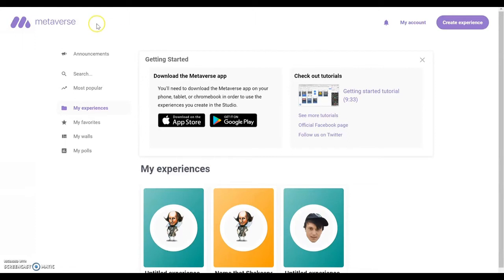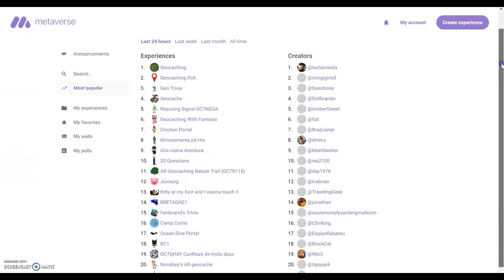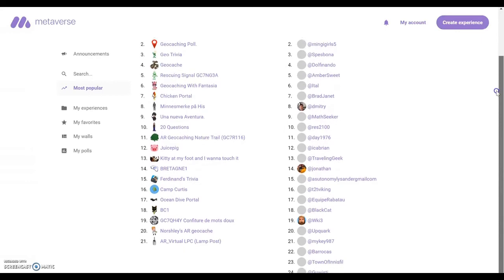Over here on the left-hand side is where you can search and visit other augmented reality experiences. Now, I'll go ahead and click on Most Popular just to show you. Many people use Metaverse. It's not just for teachers. So there are some games here that you could click through and visit.